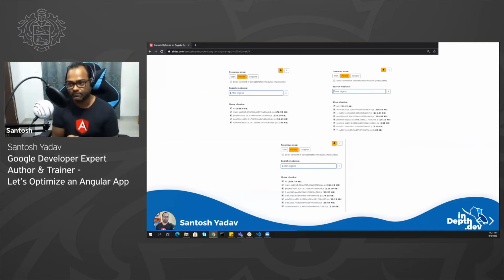For example, in my POC, I had 3 modules. So I just removed everything and then, for example, if I'm using just the card module in one of the modules, I just use the card module, not the entire shared module which we had. So I could see it came down to 64 KB. And then I went to the team and said, okay, this is something which I can see in my POC. So let's go ahead and do that in our application.